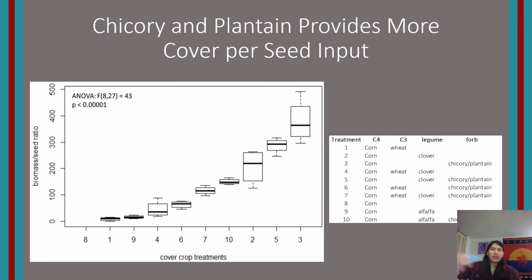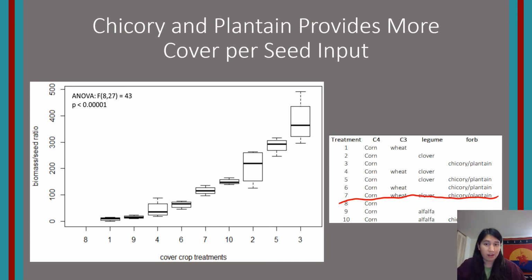And then also something we want to look at was, so we know that those high combinations are better at suppressing weeds, but is it just because you put a bunch more plants in there that they suppress weeds, or is it because they actually were just good at doing their job? And so what this graph right here accounts for was obviously when we planted these higher combinations to agronomic standards, we did put in more seed. So the higher combinations, is number 7 right here, would have had more seed thrown in at the beginning of the growing season. So that maybe explained why it did so well at suppressing weeds.